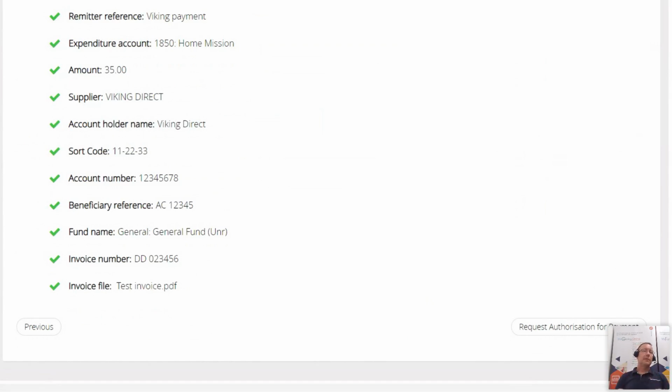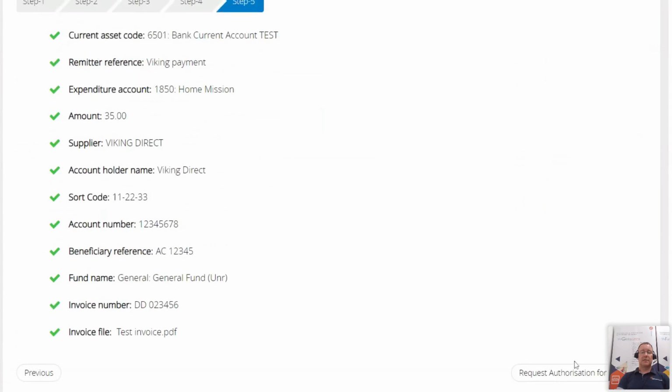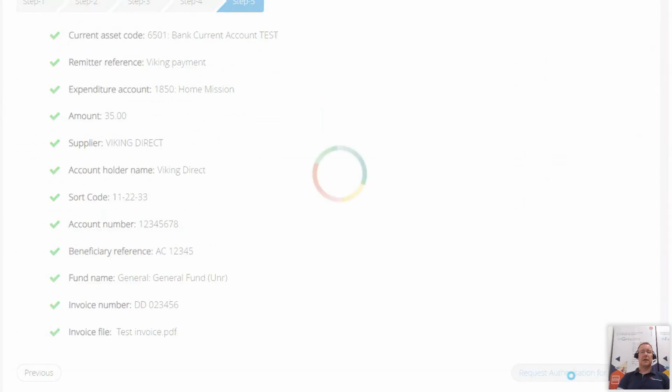Now you, as being the person that raised the payment, will also receive an email. So it's a confirmation email to you saying, are you happy you did actually raise this payment? If it was a mistake, if it wasn't you, please cancel, and you can cancel it straight away. So you still have that control to make sure that if somebody's got hold of your user and password and they're trying to make a payment to themselves, you'll get the notification. It will go to your email address. They can't change the email address. It'll go to your email address. You could cancel it. So at this point, you click request for authorization, and then the